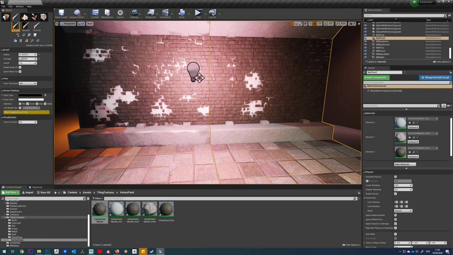I'll drag that into base color, and then if we right click and go to Vertex, we'll find the Vertex color node, and I'm going to plug red into my alpha. So at its most basic level, using our red channel, this is going to paint this concrete layer over our base layer. So if we just save that,